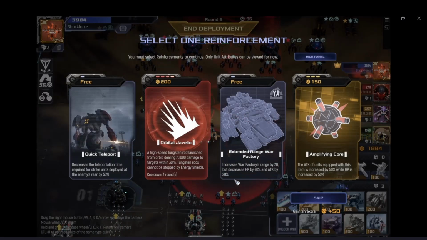Right, so this wave is kind of the dreaded hacker melter wave. This is kind of the most horrible wave you can run into on round 6 when the boss comes through. So I was thinking orbital. Well, yeah, I was thinking orbital javelin. To be honest, the extended range